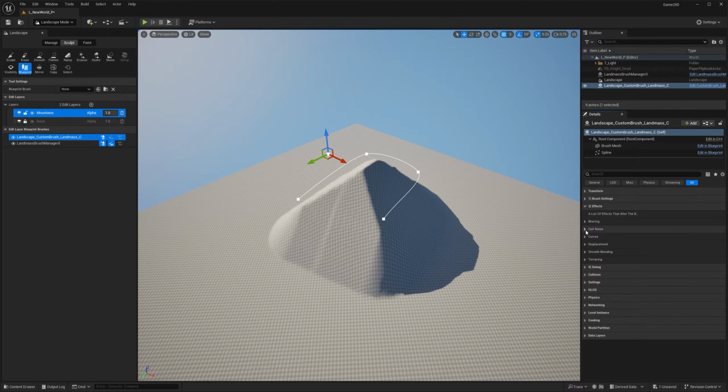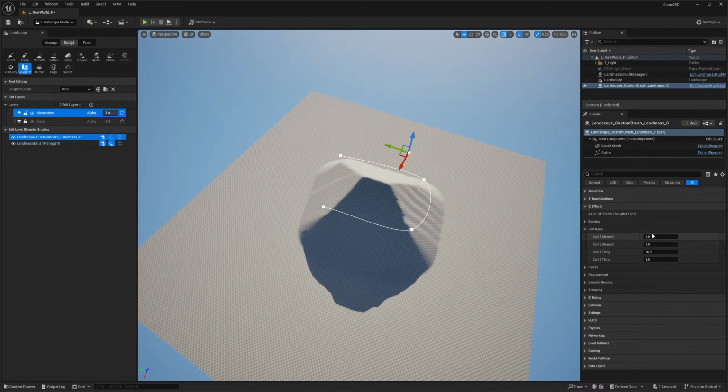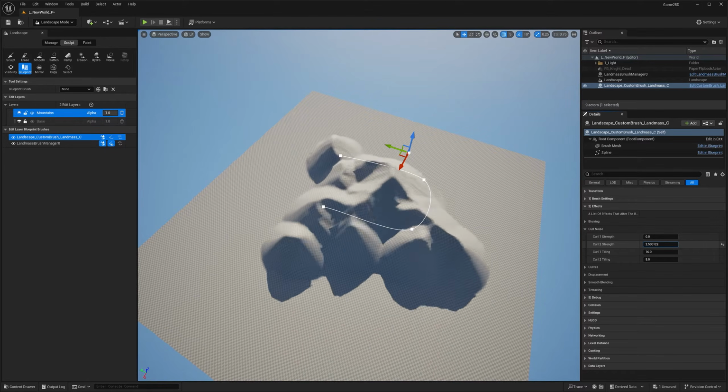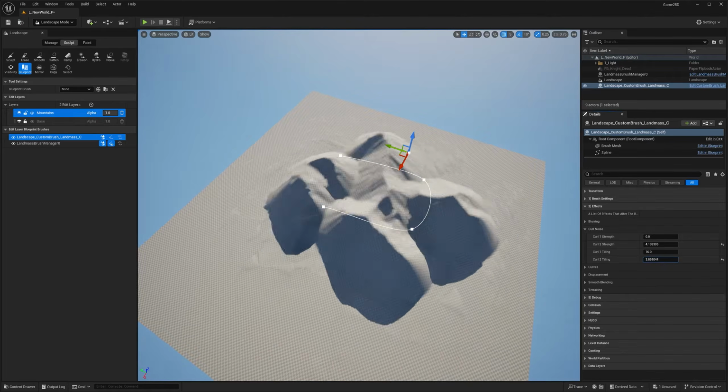So the first thing I'm gonna do is go to my Coral Noise, and you see that I have number 1 and number 2. And number 1 has a tiling of 16, and number 2 has a tiling of 5, which means this has more repetition and this has less repetition. But what exactly are we talking about? Well, we're talking about this. If I increase the number 2, you're going to see that the object is starting to deform. And I can play with that tiling so you can see more or less.